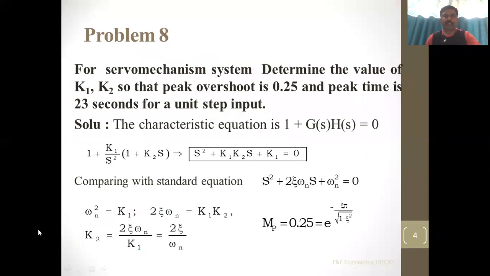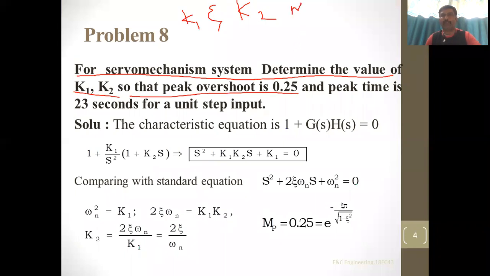Now that is problem 8. For this problem, first let me understand the statement of the problem. For a certain servo mechanism system, we need to determine the value of K1 and K2. That means we need to find the constant values K1 and K2 so that the peak overshoot is 0.25. That is, MP, maximum overshoot, is 0.25